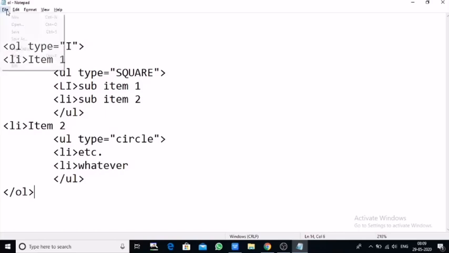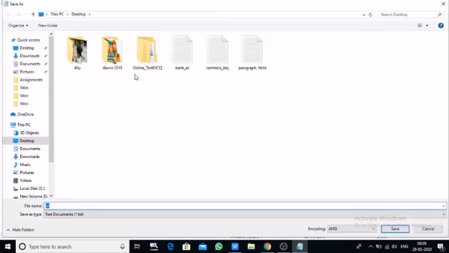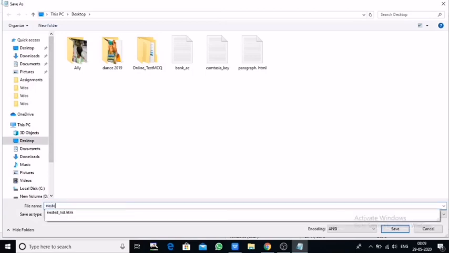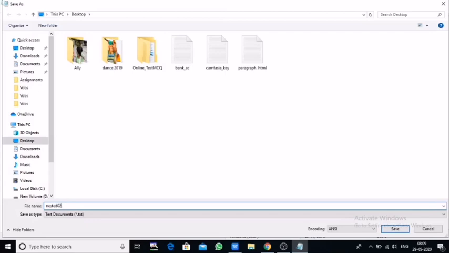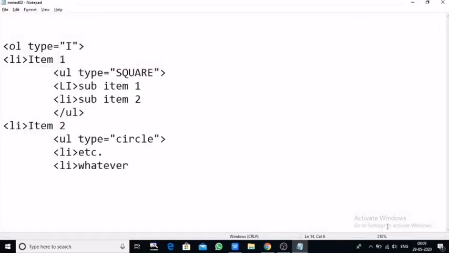Now see what happened, what preview it is showing. This is nested, again nested dot htm. The previous one was nested, but I gave it the name ol only, no problem with that.